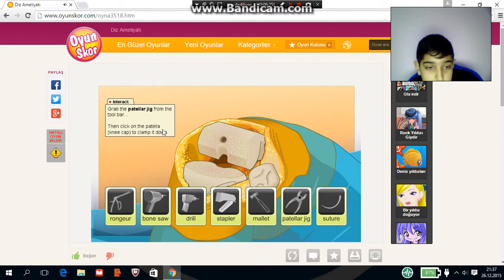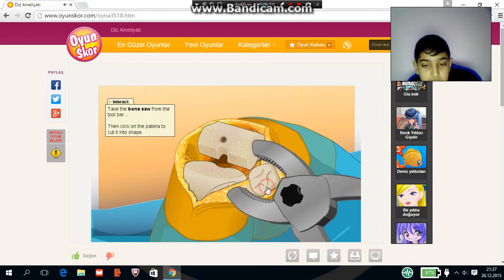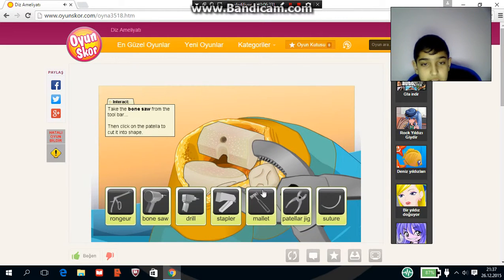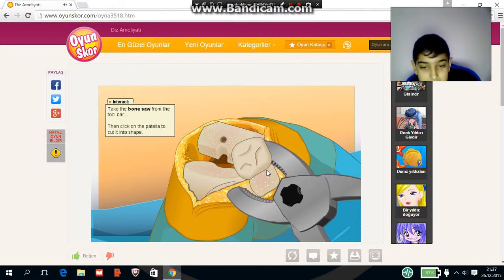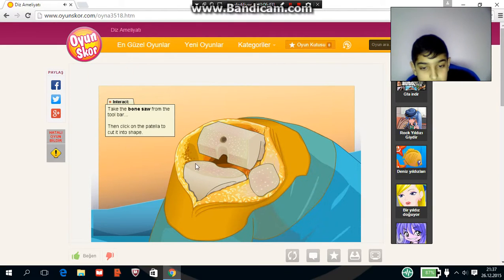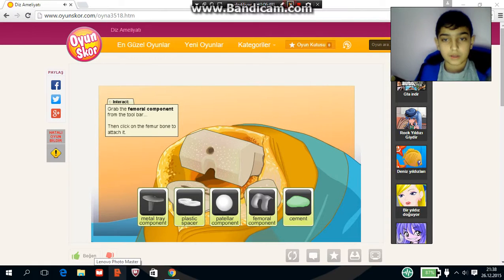Now we'll use the patellar cutting jig and bone saw to remove the back of our patient's patella. Holes in the tibia and patella are drilled and chiseled out, which will enable